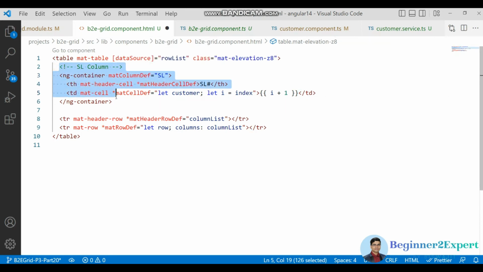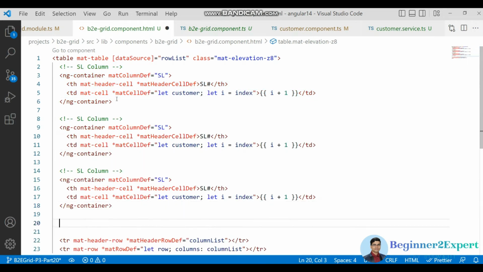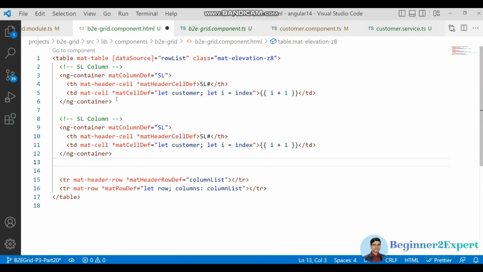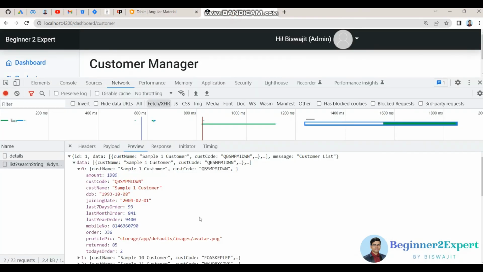Then just copy for the other column, let me make it one customer. This one is not recorded here, then customer dot, if I go to the JSON here, customer name